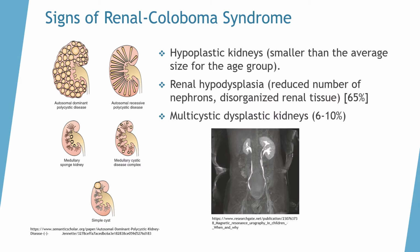Some of the signs in the case of renal coloboma syndrome can include hypoplastic kidneys, which are smaller than the average size for the age group, and renal hypodysplasia, which is a reduced number of nephrons and disorganized renal tissue within the kidney. A reduced number of nephrons would mean there's less functional units for the kidneys to take in blood and filter it with the glomerular structure. And multicystic dysplastic kidneys occur in 6 to 10%